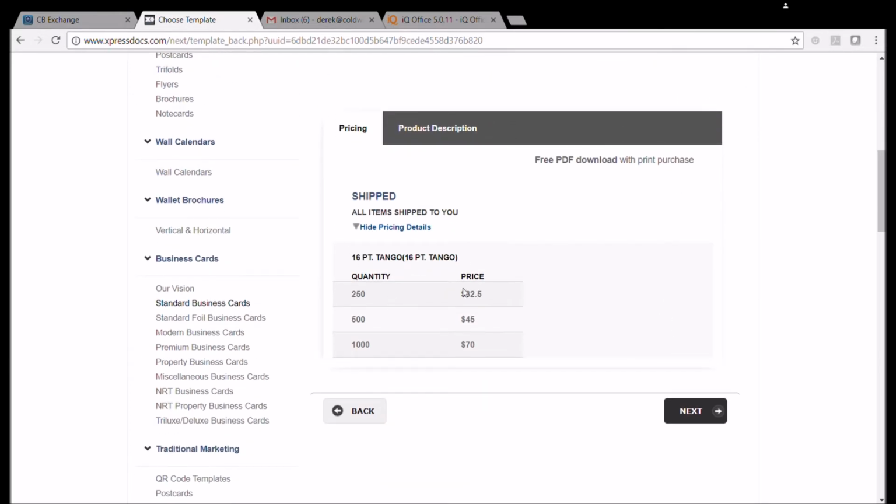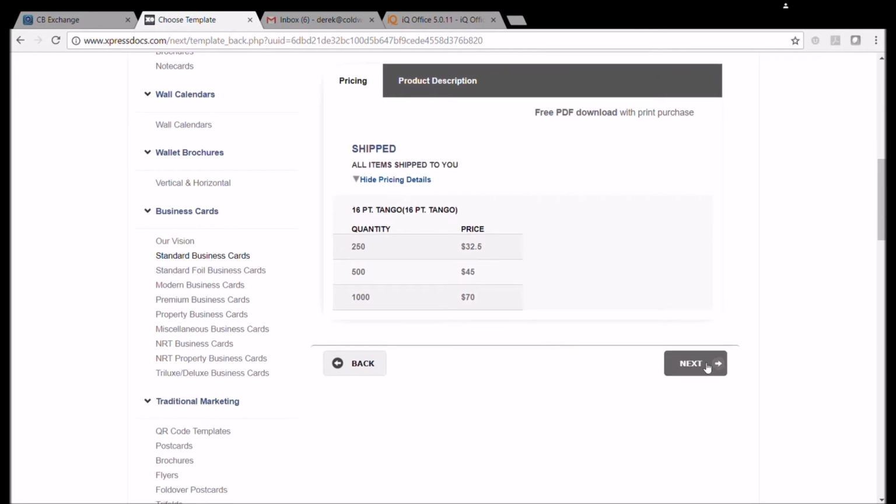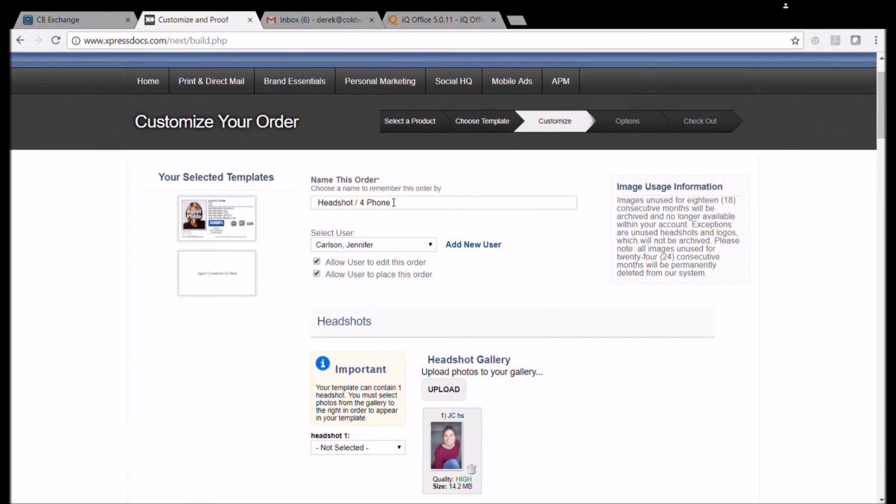Okay. Here's the pricing. For 250, it'll be $32.50. 500, it'll be $45. So 10 cents a piece. That's pretty good, I'd say. So then we just click next. Okay. All right, name this order. I'm going to name it business card sample,